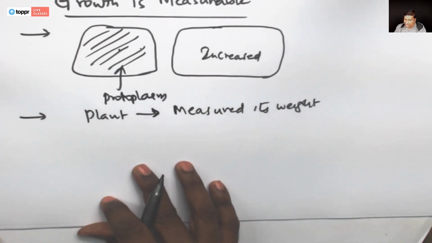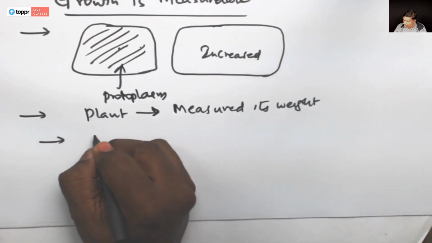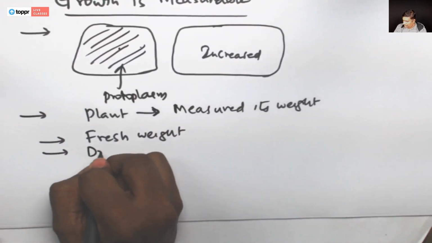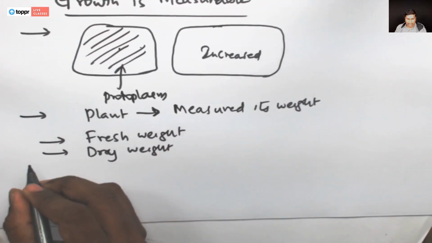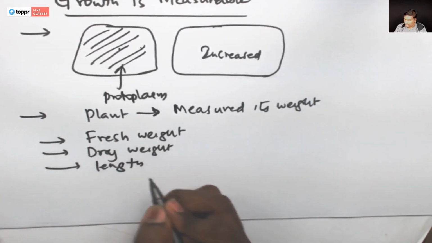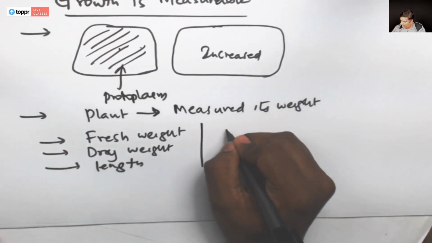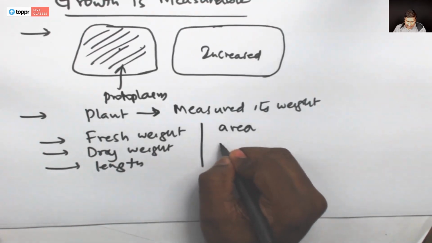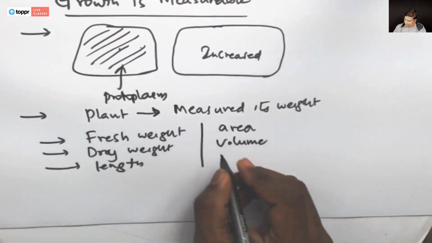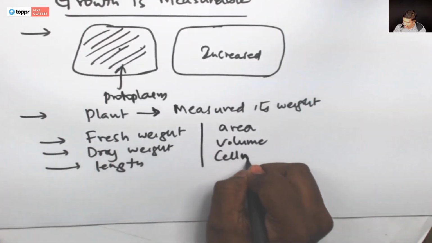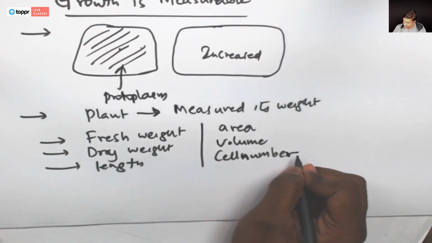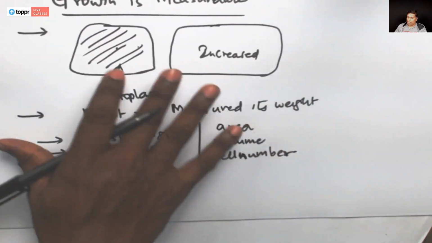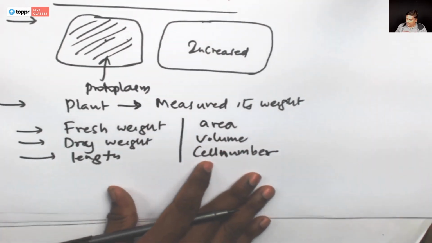So the various things that you can do to measure the growth of a plant are measure the fresh weight of the plant, or measure the dry weight, or measure the length, and if it is, let's say, woody, measure the area, how much area it is actually covering, then the volume, and cell number. Cell number can also be measured. So all these components will tell you whether a plant is growing. So plant growth can be measured in terms of this. For instance, if you talk about cell number,